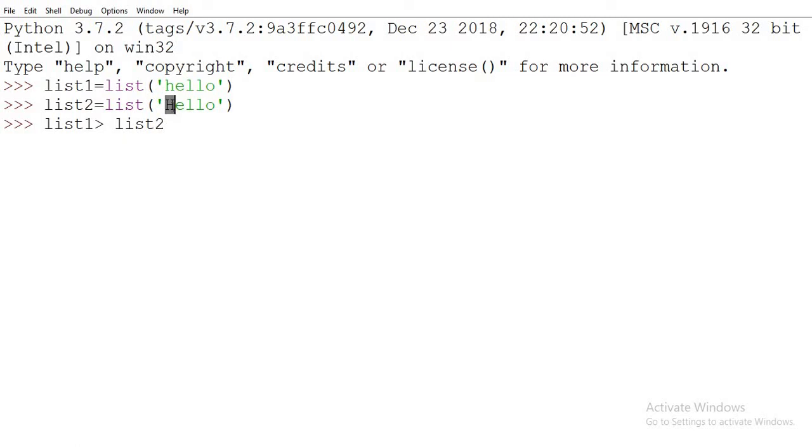So it will compare the small h with the capital H, and we all know that the ASCII of small h is higher than the capital H. So list1 will be considered as the bigger one than list2. Let me just check what will happen. As I have written, list1 is greater than list2, so absolutely it will be true, because small h has a greater ASCII value than capital H.